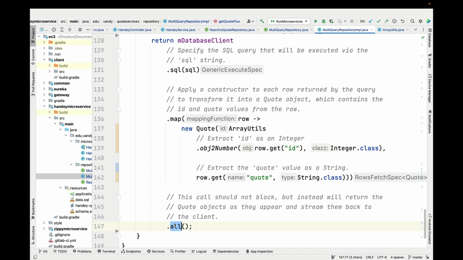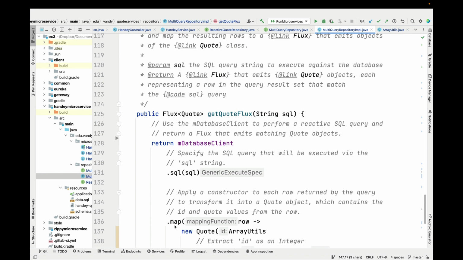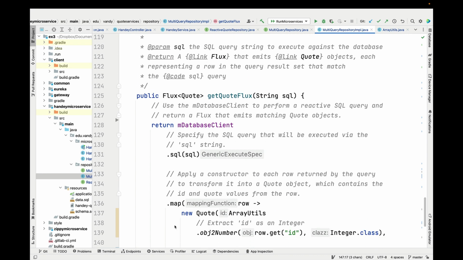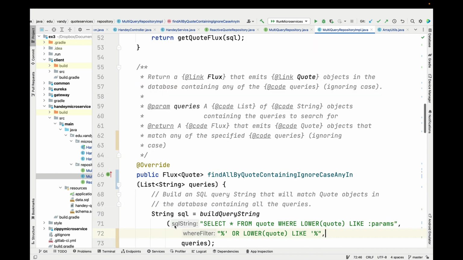The final thing we do is we use the .all method, and the .all method doesn't block, but instead it'll return the quote objects as they appear from the database query, and will then stream them back to the client. So the client will get this stream of fluxes that come back from that. So that's basically how we do the